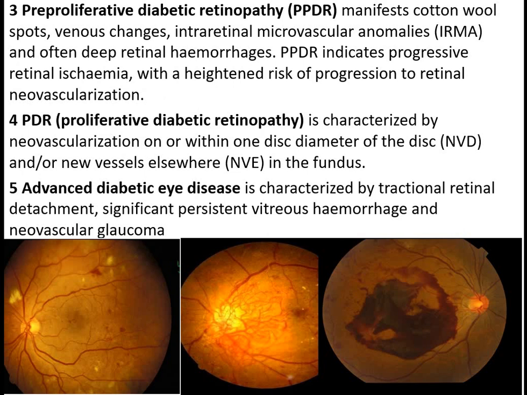The third stage of diabetic retinopathy is pre-proliferative diabetic retinopathy. At this stage, there is retinal ischemia. When there is retinal ischemia, I can see on fundus examination cotton wool spots, شكل white discoloration, venous changes, intraretinal microvascular anomalies (IRMA), and often deep retinal hemorrhage. It indicates a progressive retinal ischemia, and if the condition is not treated, it will progress to retinal